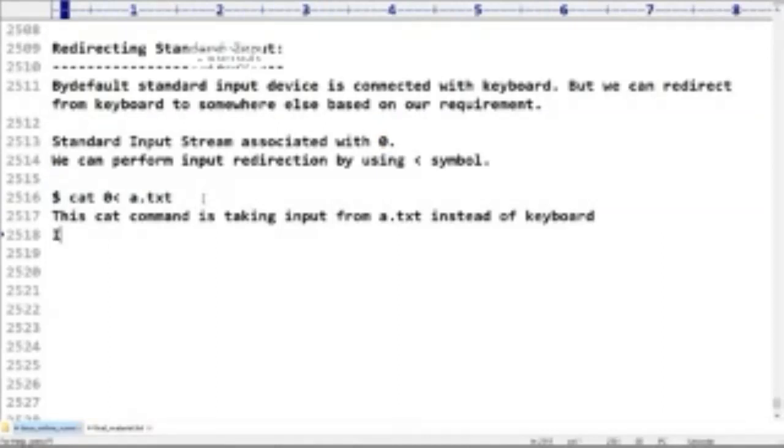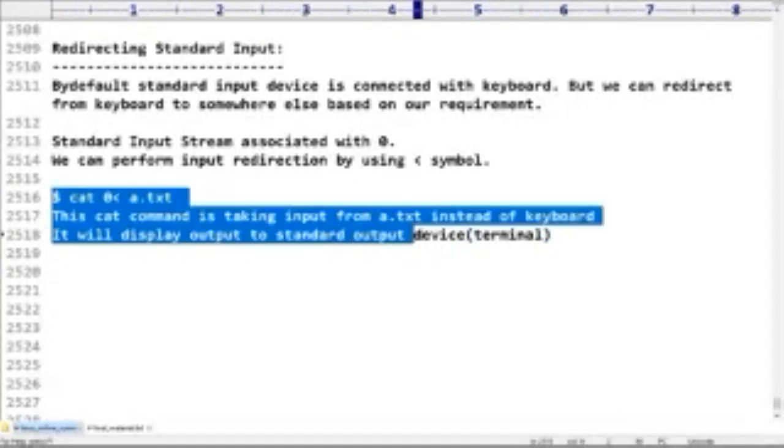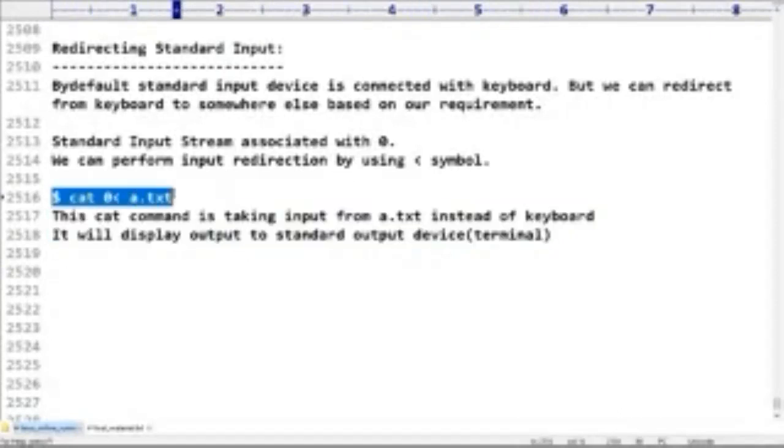Next, it will display output to the standard output device, which is nothing but the terminal. That's why you are seeing the output in the terminal. First try to understand up to this syntax. Are you feeling any difficulty to understand the syntax? Please confirm.